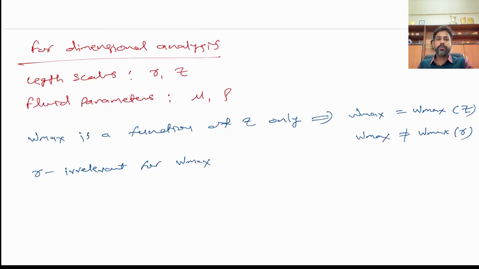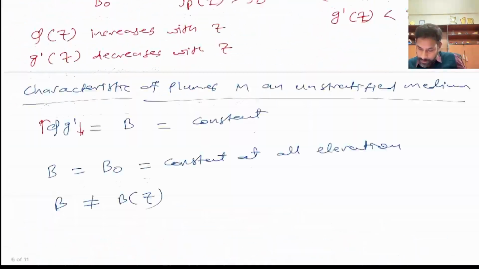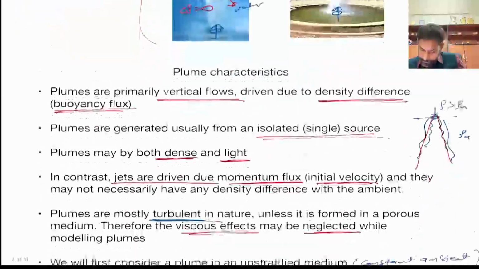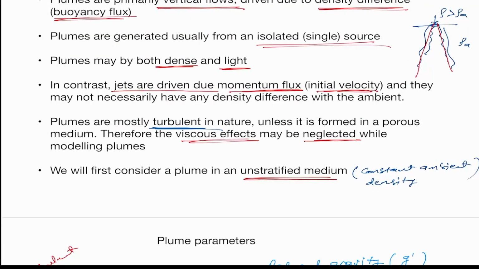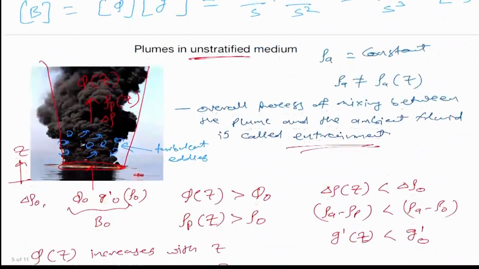Okay, so we are left with Z, and because we are already considering the fluid to be highly turbulent, the plume is highly turbulent, so the viscous effects are irrelevant, right? That is something we already discussed before. If turbulent are highly turbulent in nature, and that's why viscous effects may be neglected,